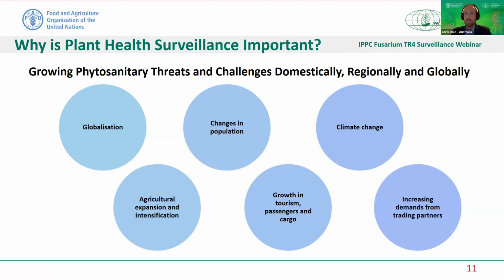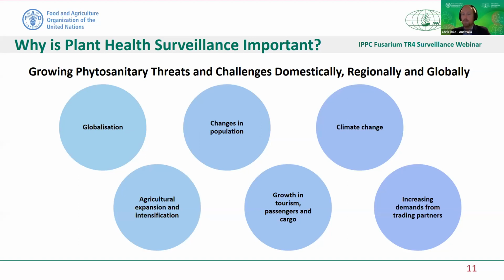So some of these threats are very, very hard to manage. They're very hard to mitigate through traditional phytosanitary measures or mitigation measures. And so it's important that we consider that in the context of our surveillance. So we've got globalisation and changes in population and population movement. We've got climate change impacts, and Fusarium TR4 is definitely one of the key